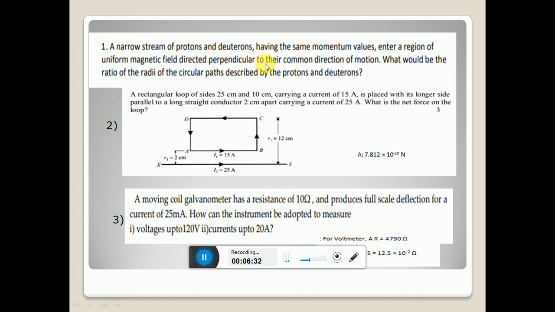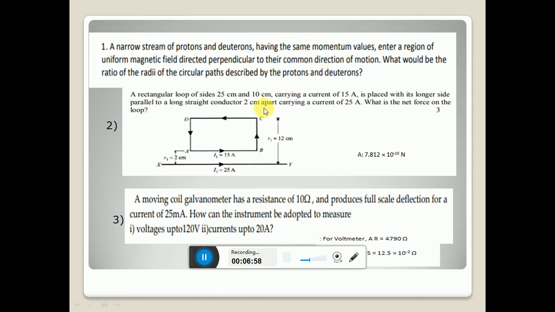Here momentum remains constant and the magnetic field also remains constant. So here the radius is inversely proportional to the charge of the particle. Proton means 1 unit positive charge and the other particle means 2 units of positive charge. So if you calculate the ratio you will get the answer 2:1. In the next slide the answer is given in detail. Just go through that slide once.